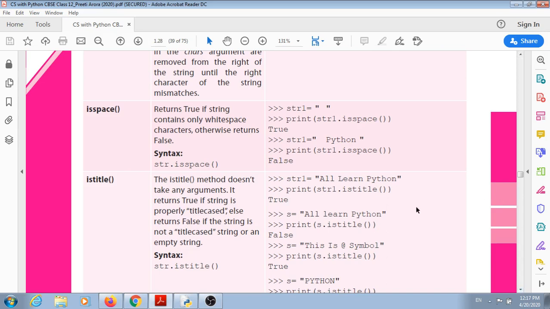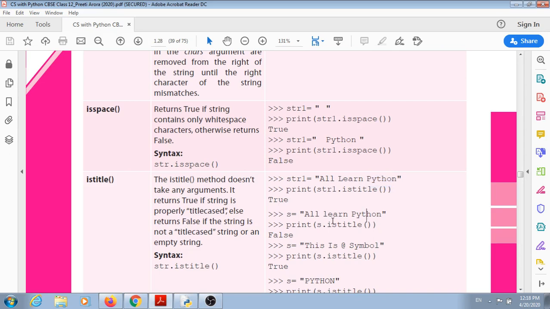So how will Python's interpreter check whether this is a title case or not? In the title case, every word's first character will be uppercase or a capital letter. You can see that in the string, A is capital, Learn, L is capital, and Python, P is capital. So it will result into true.